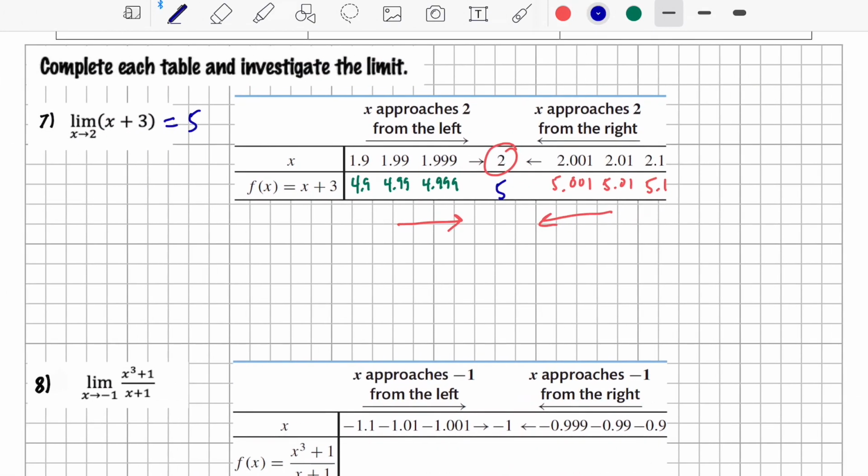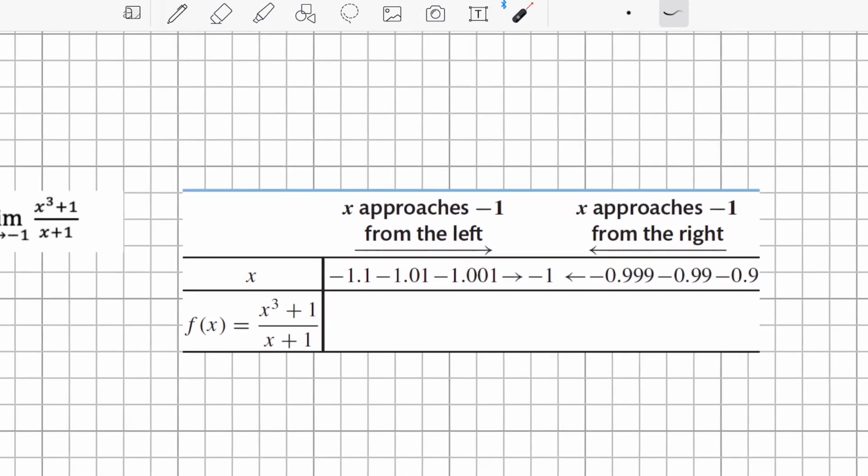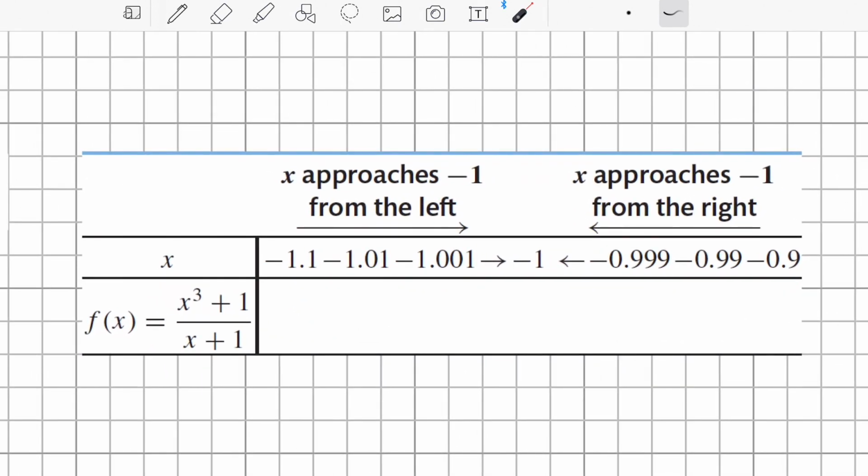Okay, next example. This time we want to find, let's read it together. So the limit as x approaches -1 of this function. So what we want to do is plug in these x values. Notice that they're getting closer and closer to -1. So all you have to do is really just plug it into the calculator and let's see what we get. So plugging it in, this is what we're going to get. So it'll be